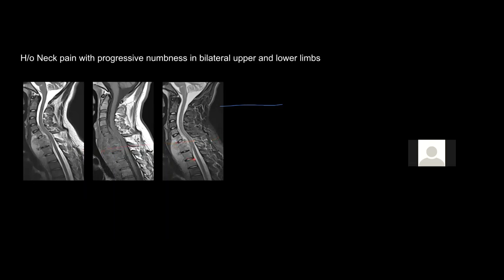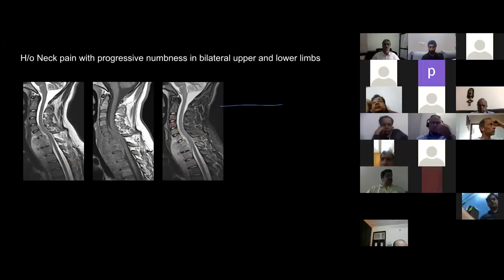And here again, it stresses upon the importance of STIR. You can see that these two vertebral bodies, as well as these two, which are also involved, show some marrow edema, not well appreciated on T1 and T2. But because of its fat suppression and T2 character, this STIR sequence is able to pick up edema even in these vertebrae. So we know now C2, 3, 4, C5, C6, C7, D1, D2, D3. So this is the extent of the disease.